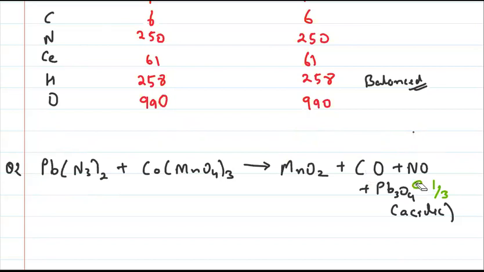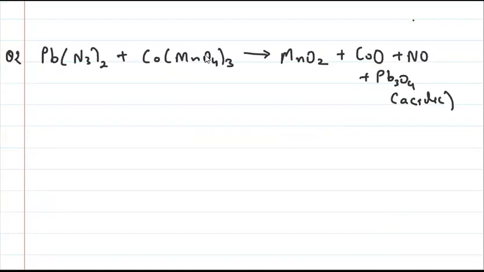In the second one, we will basically use the unitary method. The second one you cannot do by redox. You might, but I cannot. It was hit and trial only, right? So I will just use the unitary method. Now, what is the unitary method?